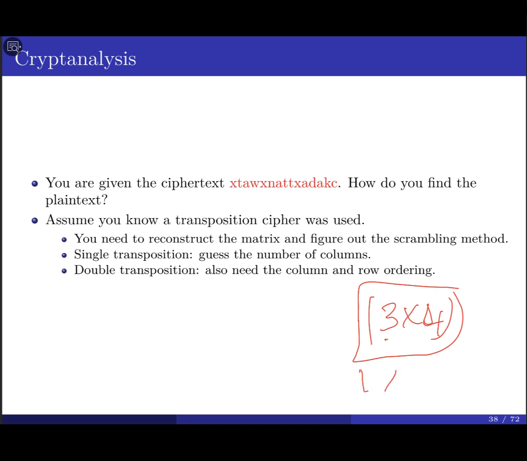Maybe it's going to be a matrix 1 by 4, or maybe 2 multiply 6, or whatever, because they have multiple options. I don't know anything about the key. The only thing that I know is they use, let's say, transposition ciphers, and this is the ciphertext. Then good luck estimating or predicting the matrix dimensions used to encrypt the message, and also the permutation for the rows and tuple. So maybe we're going to spend a long time figuring out how to perform that. But can you find a shortcut or not here?